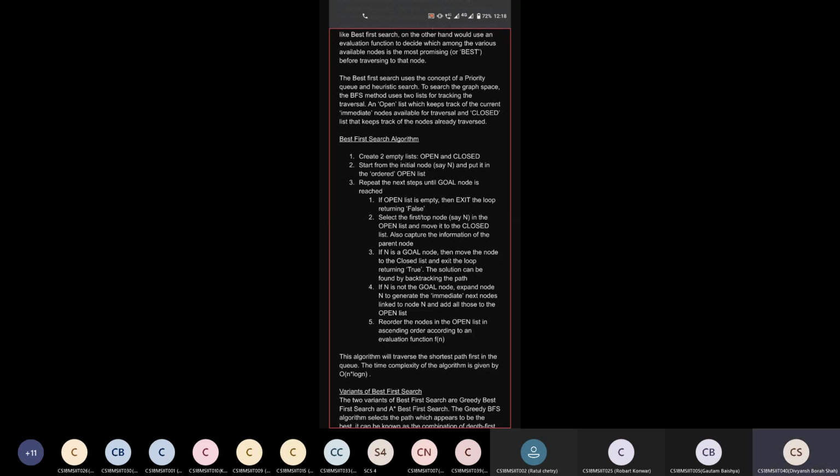In this, there are 5 points. If the open list is empty, exit the loop returning false. Nodes in the open list, closed list and